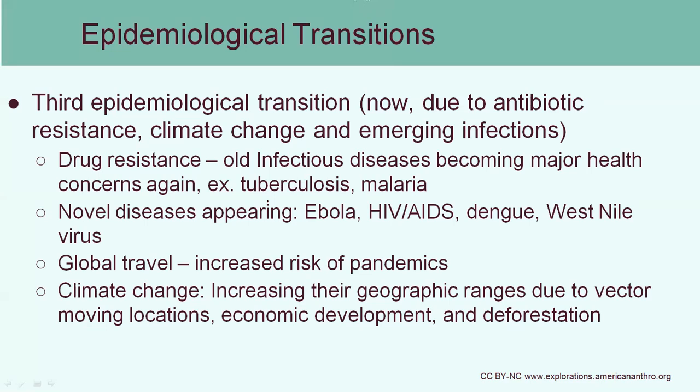We also see some novel diseases appearing. So these are new diseases that we do not have historical context for. Things like Ebola, HIV/AIDS, only discovered in the 1980s, and some other illnesses like dengue fever and West Nile virus. So where are they coming from? A lot of these are found in wild animal populations, and it's our encroachment of those habitats and destruction of the habitats and interaction with these wild animals, which is causing the jump from species to species. So the pathogen which used to only infect one species is now making humans its new host.